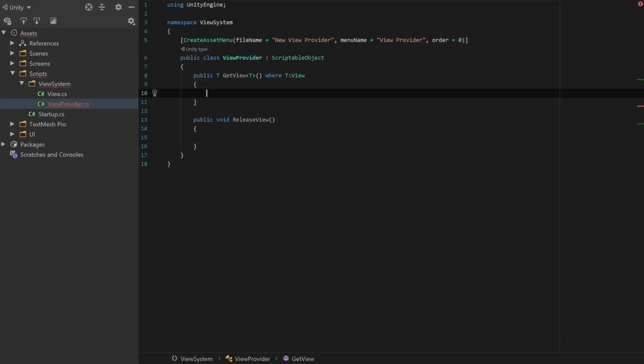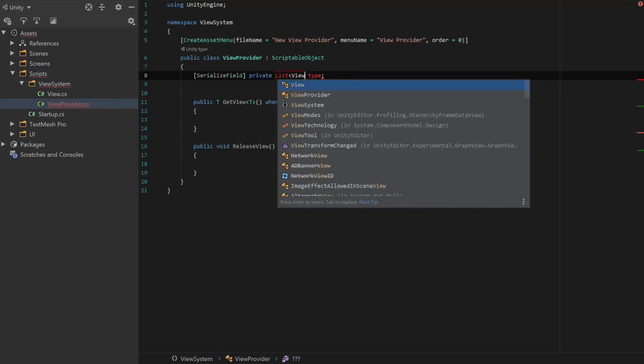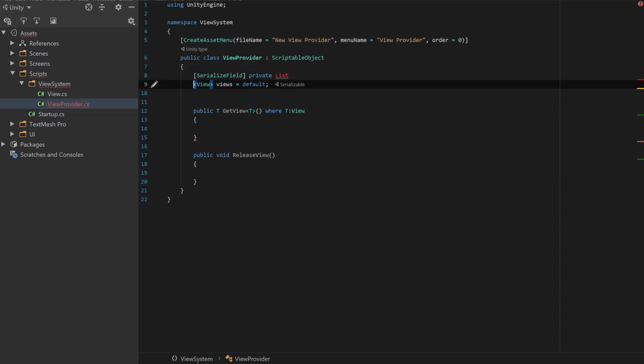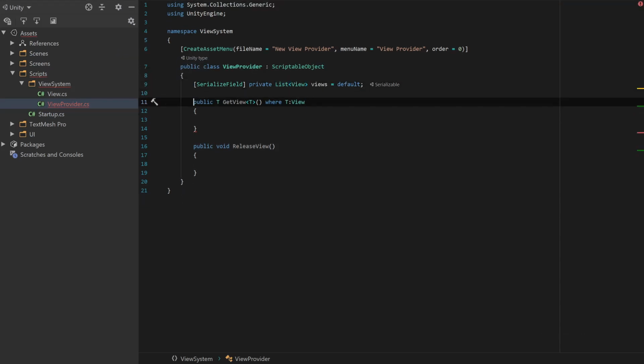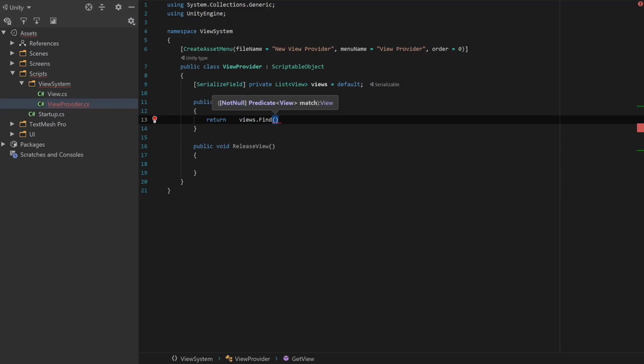Now this is not an ideal system. It will have some, let's say, issues, but for now let's just implement it the easy way. Of course, to get this view, we will need a list of views. Here we go, and we will go through all our lists, and we will just return our views dot find a view